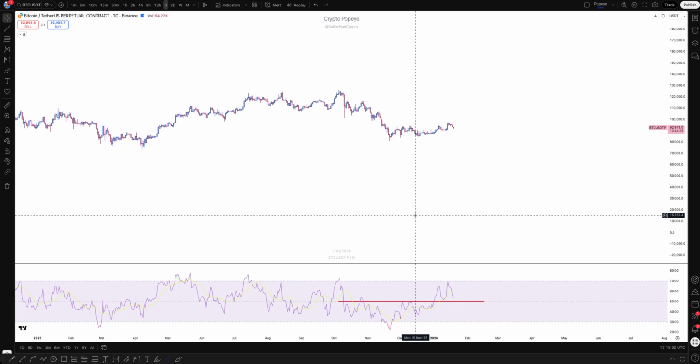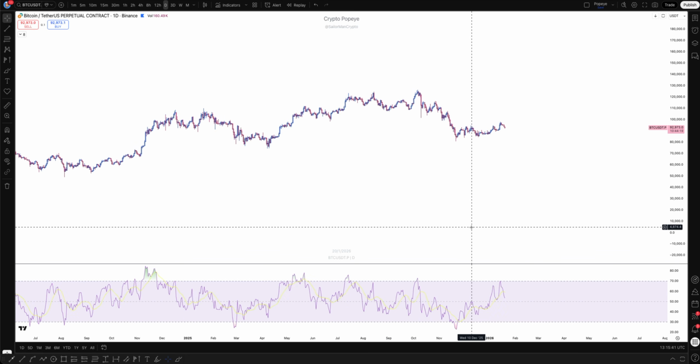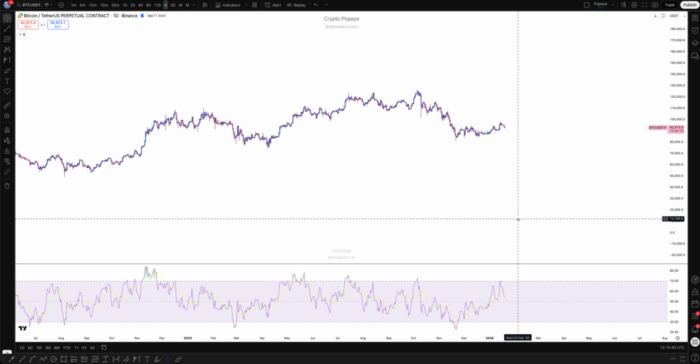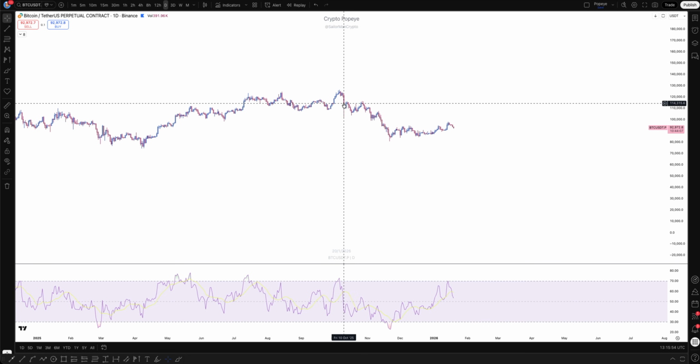So being above the 50 level somehow gave us some more confidence, potentially on long exposure. But again, it's just an indicator, so we do not fully base our analysis on this. But I think it's something to keep in mind, that something has changed on RSI for the very first time since we lost the daily 50 RSI exactly on October 10, when you see we break down below,